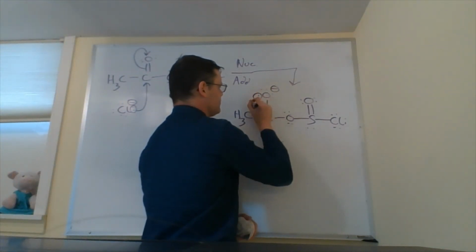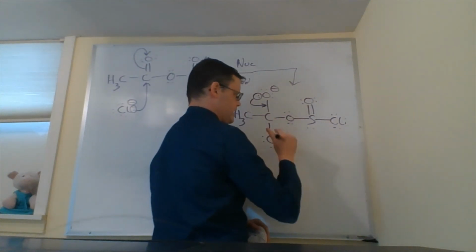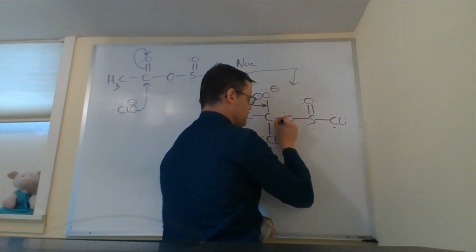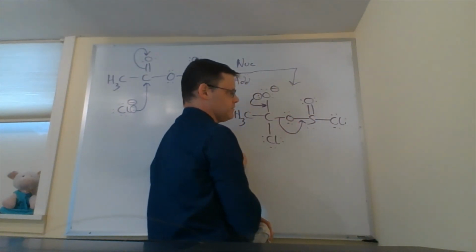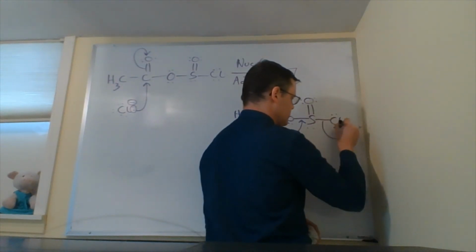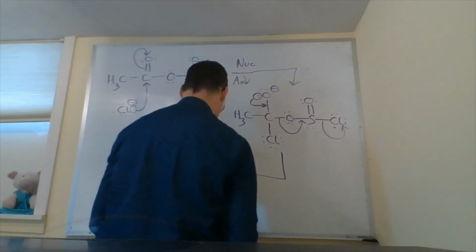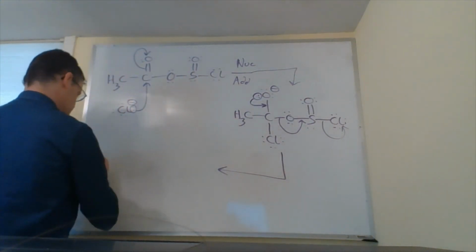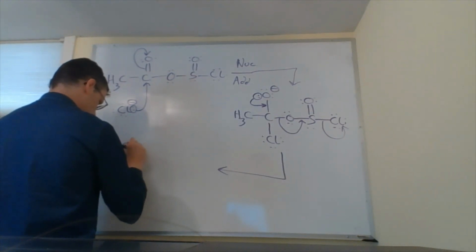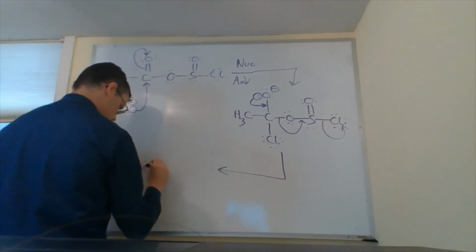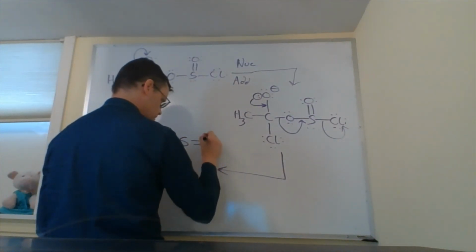And then we can do our last step in the entire mechanism. Okay, the lone pair on this oxygen swings down, and we're going to eliminate all this. This is going to go here to form SO2. Okay, and the chloride is going to leave. All right, and so I'll take us over here, and that'll get us our acid chloride plus SO2, sulfur dioxide,